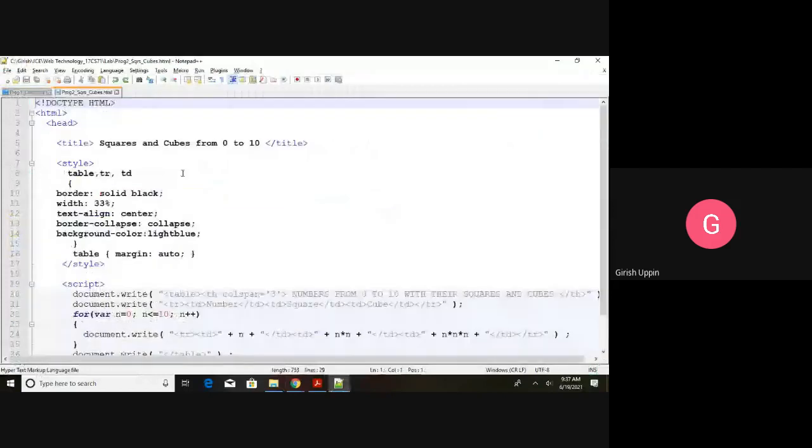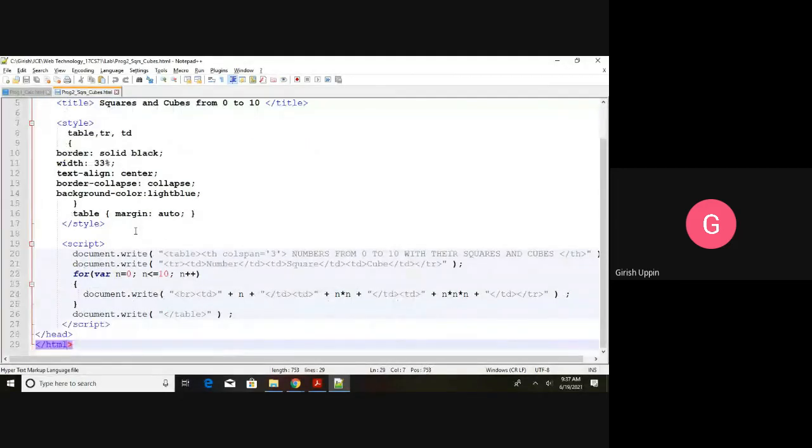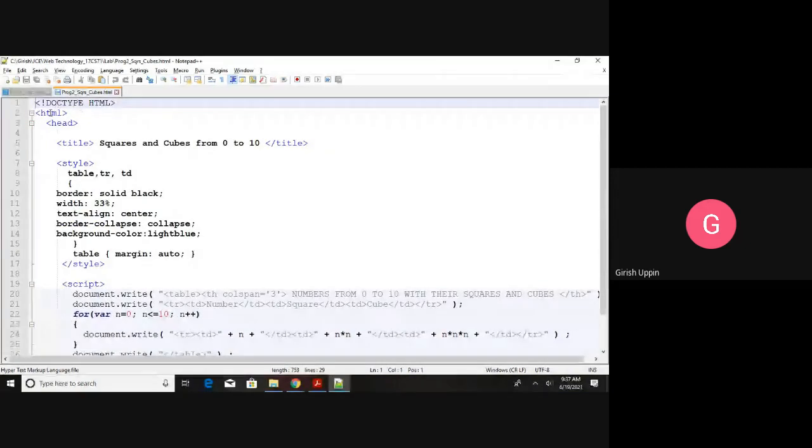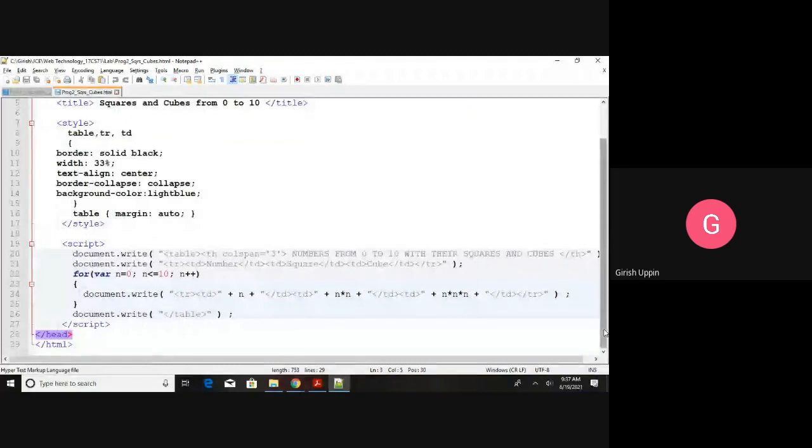Okay, so the doctype is HTML. Here the HTML document is created dynamically. First we will go with the styling. In the HTML we have the head. This is the beginning of the head, and this is the closing of the head.